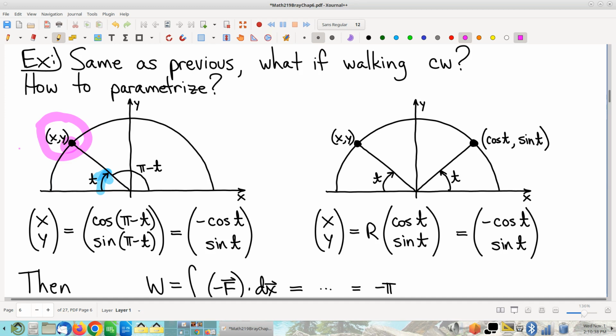I think an easier way, and what I would encourage you to do, is to just recognize that this angle is pi minus t, and more to the point, is theta. So forget the blue angle for the moment. Theta is the